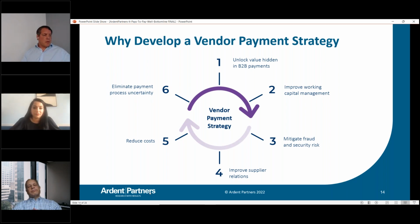And to sum this up, why develop a vendor payment strategy? There's too many organizations out there that have no formal strategy and simply pay an invoice when it's due or when it shows up on their desk. And they're missing out on a huge opportunity to add value to the organization, add not only tactical value by doing things better, faster, and cheaper, but also adding strategic value in taking a look at how we can improve supplier relationships, how we can improve working capital management. So if you don't have a strategy in place, there's many reasons that we show here